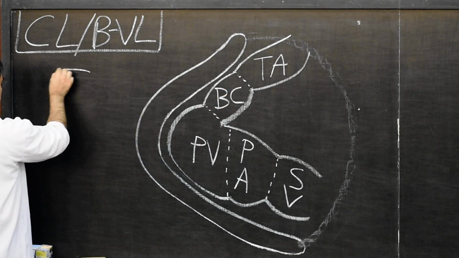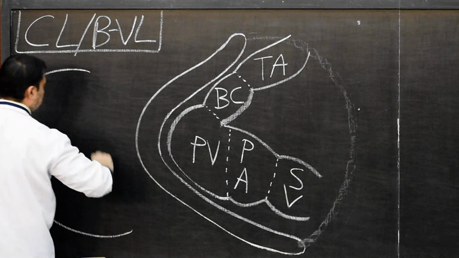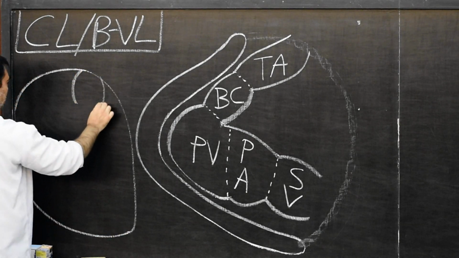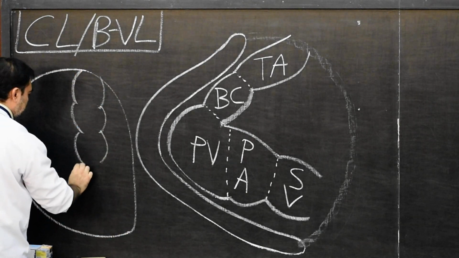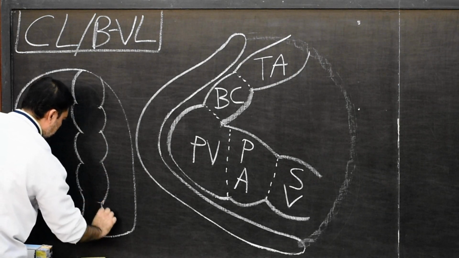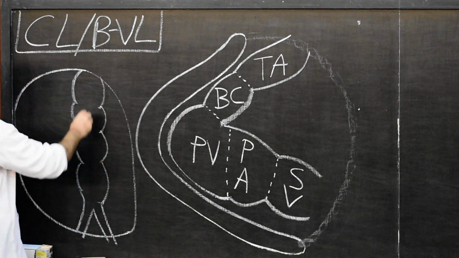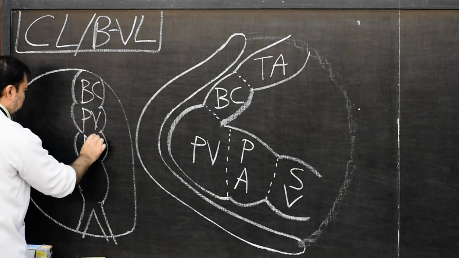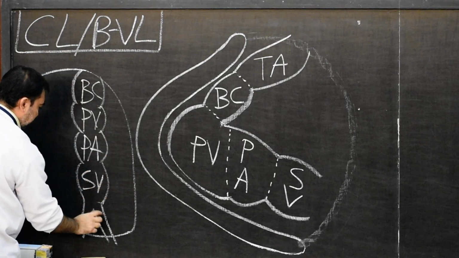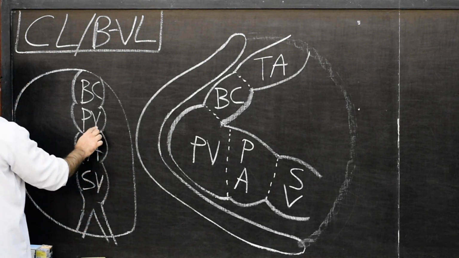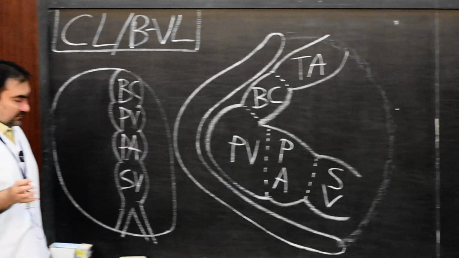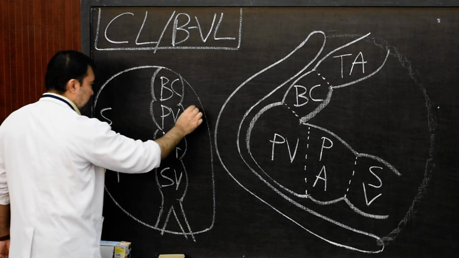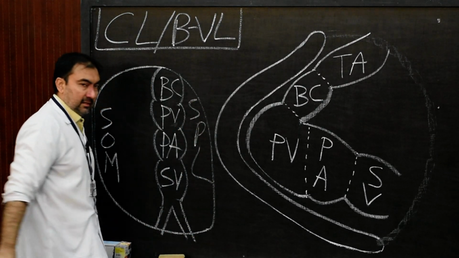If you come on this side, if this is the pericardial cavity, then the tube was 1, 2, 3, 4, and the two subdivisions of sinus venosus. So bulbus cordis, primitive ventricle, primitive atrium, and the sinus venosus, and its two horns of sinus venosus. Initially this tube was like this, and this was the area of somatopleuric layer, and this was the area of splanchnopleuric layer. Now what has happened?